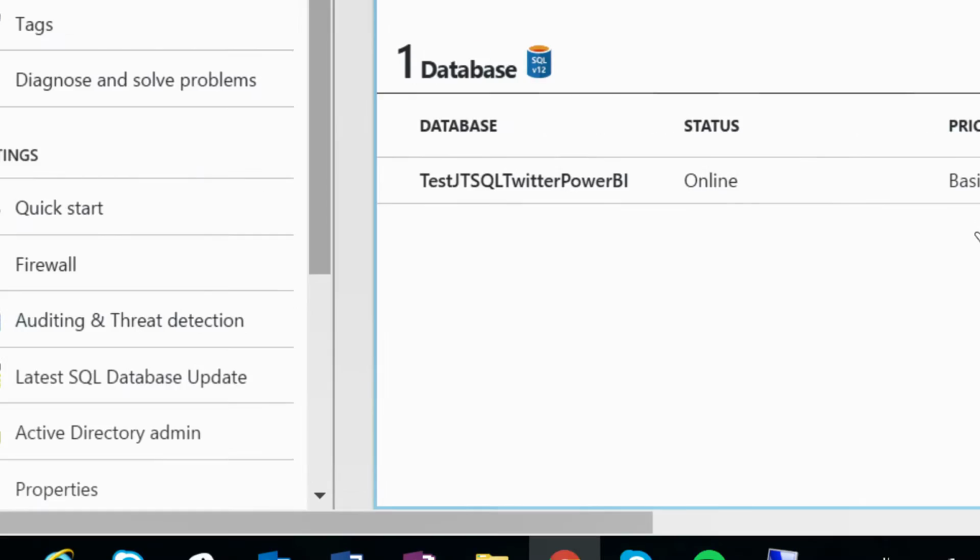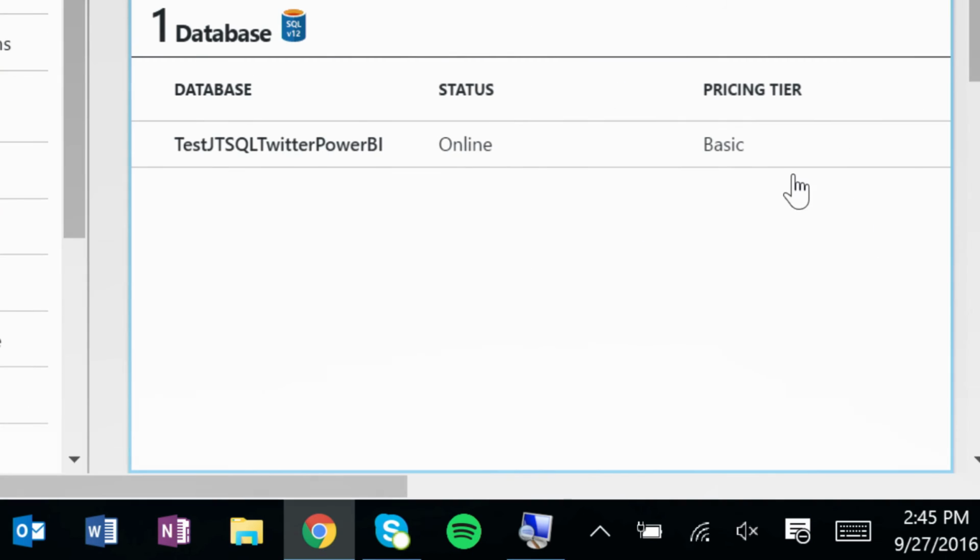And so I can come in, for instance, and just kind of scale this back. You can see that this pricing tier, I have it on the cheapest tier, which is basic. And that's very satisfactory for this particular solution inside of Power BI. So you can run these social listening things at a very cheap rate. You can even do things like not just listen for one handle, you can listen for multiple handles. And it's very easy to go back in and reconfigure that Logic app.